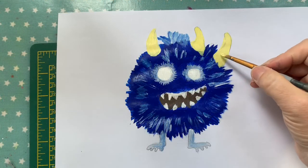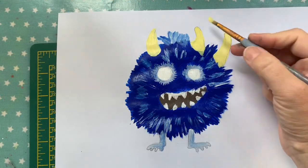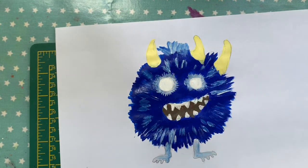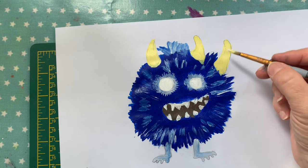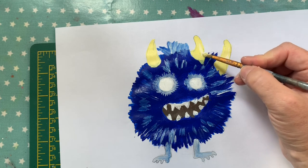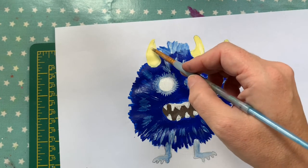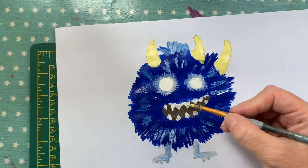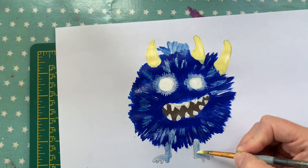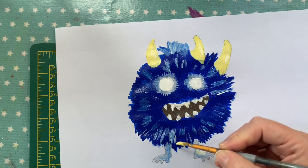So I've also just added in some yellow to the horns here. You can obviously do your horns any colour that you like, and again, if you've got acrylic paint or a white crayon, you can just add a little bit of white to highlight where the light is coming from, like that. Give it a little bit on the teeth as well, and a little bit on his foot there,